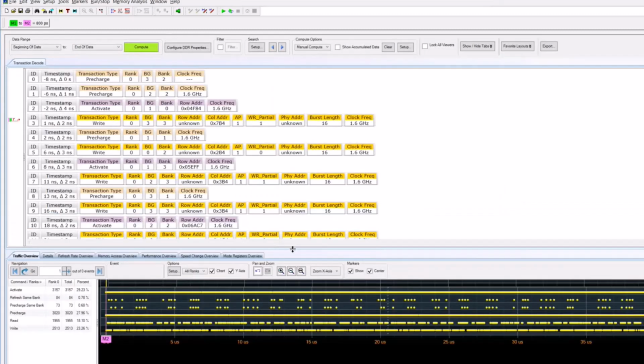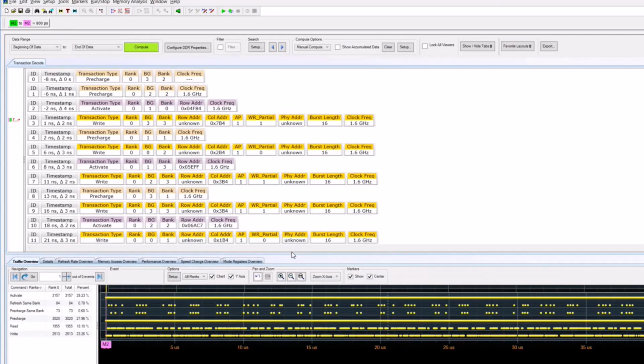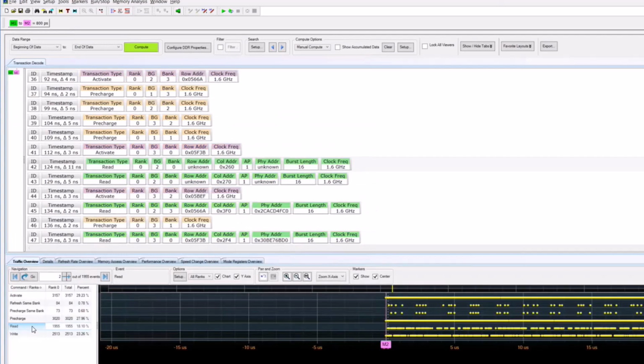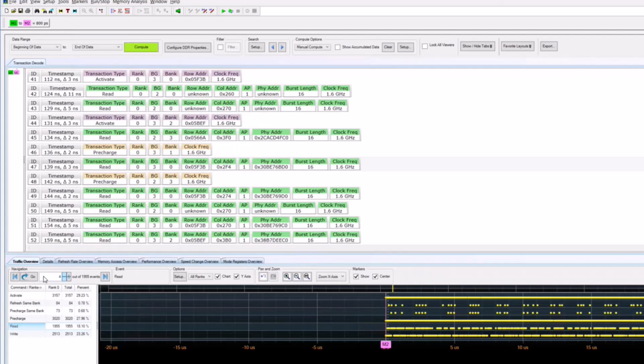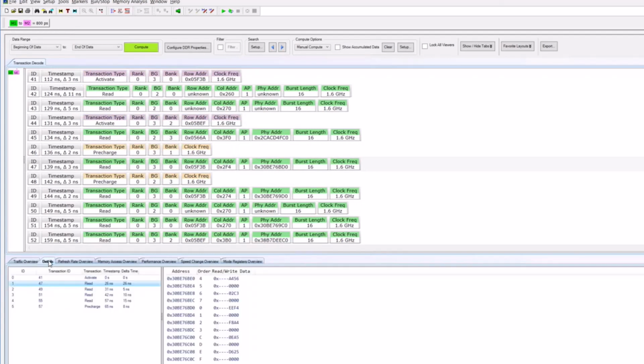Here, we're capturing tuned DDR5 traffic. We can see the clock frequency at 1.6 gigahertz for the 3200 data rate. If we're on one of the reads or writes, and we go to the details, when we click on one of the reads or writes, let's go into say the fourth one, and we click on the details for that,